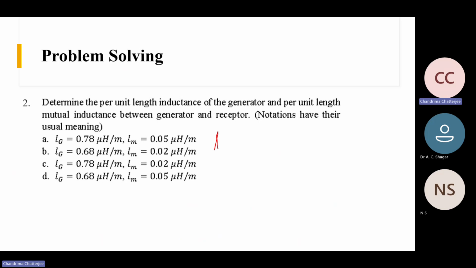So our mutual inductance will be mu naught by 2 pi. So this is nothing. We are just representing the distances in terms of the known values, in terms of the heights, and in terms of the separation between the generator and receptor. Right. So this is mu naught by 2 pi, then half ln